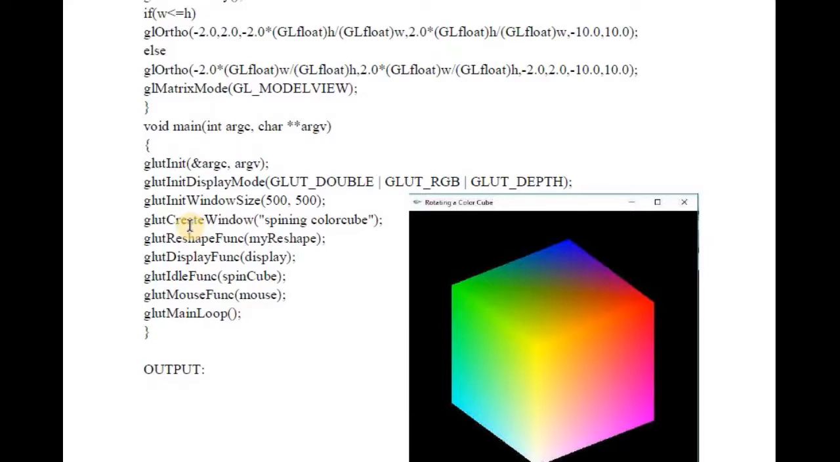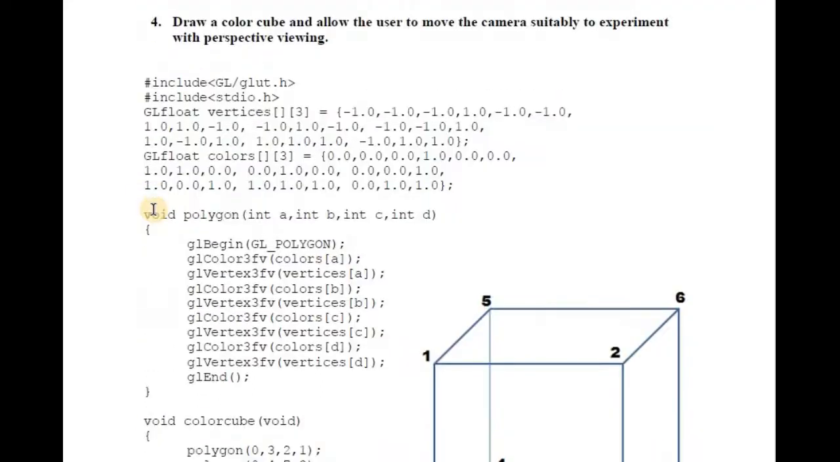And the next program is the fourth lab program, that is: draw a color cube and allow the user to move the camera suitably to experiment with the perspective viewing. So this is with respect to the perspective viewing, and the user needs to move the camera. When you say there is a user or the viewer, so when you have a viewing position or a camera viewing, then it is with respect to gluLookAt,